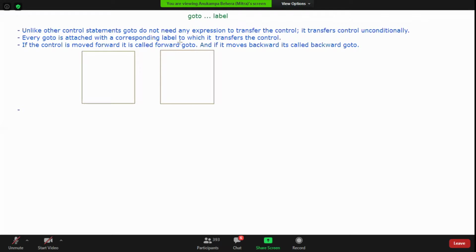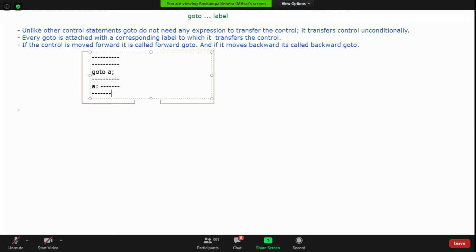Now in the code block, we are having statements, maybe many statements. So this is statement number 1. Then we have statement number 2. And then the statement is goto A. Then we have a statement 4. We have A, which is a statement.